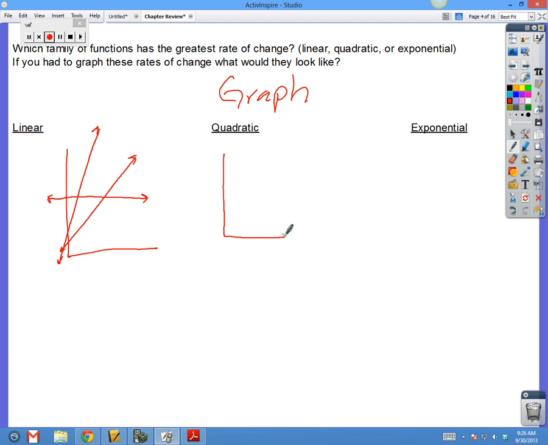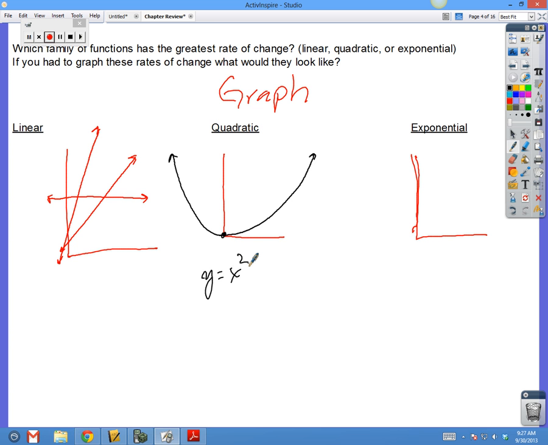Quadratic and exponential are very similar. Quadratic starts off slow and then it has to be curved because each time it's changing at an increasing rate. Okay, the exponential is very similar to the quadratic. The quadratic actually is symmetrical. It has a point at the dead center where it turns around and starts to go the other way. Because if you think of x